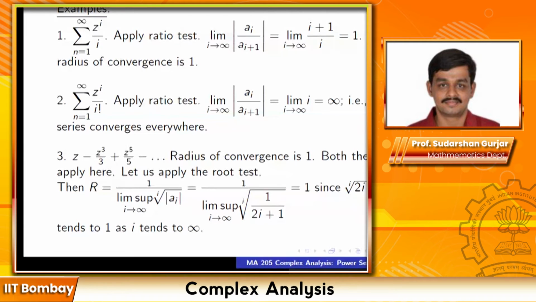Ith root of 2i plus 1 tends to 1 as i tends to infinity. I suppose people know this. Ith root of 2i plus 1 is like ith root of i. It will converge to the same basically. You can take the 2 out, then it is ith root of 2 times ith root of i plus half. Ith root of 2 will go to 1. Ith root of i plus half is going to converge to the same as ith root of i. Ith root of i will converge to 1 as i tends to infinity. So this limit is going to be 1.